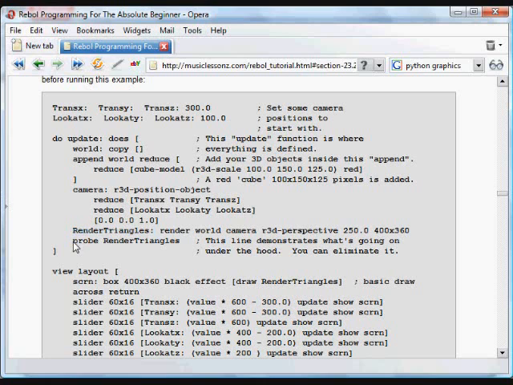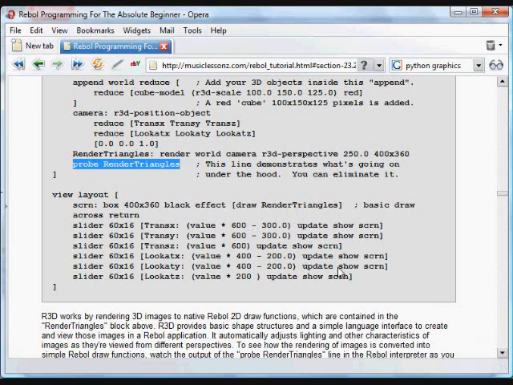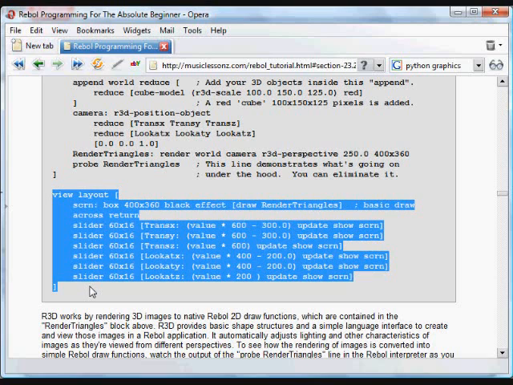And here, this is not essential. We're just including this so that you can see what draw commands are actually being created by the R3D module. So there's a couple new words to learn: cube model and R3D scale. You'll see if you look at the actual code for R3D that there are a number of functions that start with the letters R3D dash something, and you need to learn those words and see by example how they're actually used to create items. If you want to learn how to use this module, those are the new words that need to get learned,